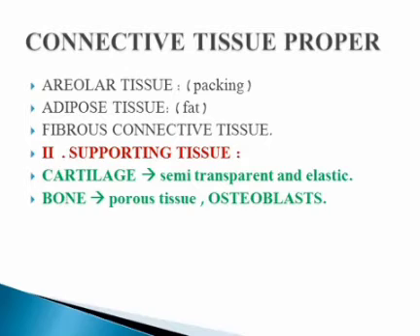Next is bone. It is a hard, porous tissue, just opposite to cartilage. Cartilage is non-porous, bone is a hard porous tissue. It has blood vessels and nerves, but cartilage does not have blood vessels and nerves. Bone consists of both living cells called osteoblasts and a rigid mass of inorganic salts. So this is what we have about cartilage and bones.